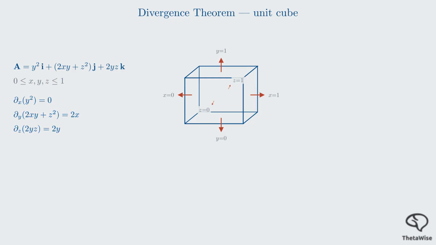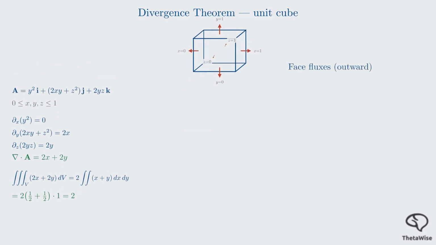The x contribution is 1/2, the y contribution is 1/2, and the z length is 1, so the volume integral is 2. Now calculate flux face by face. On the face x equal to 0, the outward x component contributes 0. On the opposite x face, the y squared component integrates to 1/3. Depending on the face labels and orientation in the booklet, the paired x face contributions are 1/3 and -1/3, so